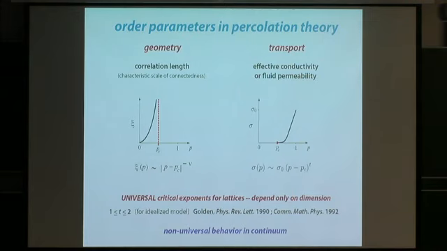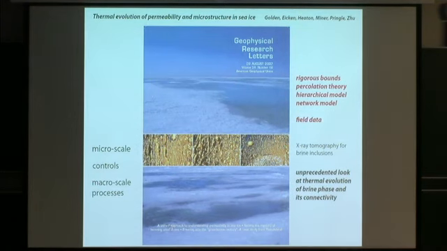And what I mean by universal is they do not depend on the details of the lattice, they only depend on the dimension. Okay, so then the next big step was to actually come up with theories, applied percolation theory, and these other Archie's law types of things for the fluid permeability of the sea ice. And this is the cover of Geophysical Research Letters where we published this. I like to view this as homogenization in action. How the microscale, that's about 1 centimeter across, this is our brine X-ray tomography, controls